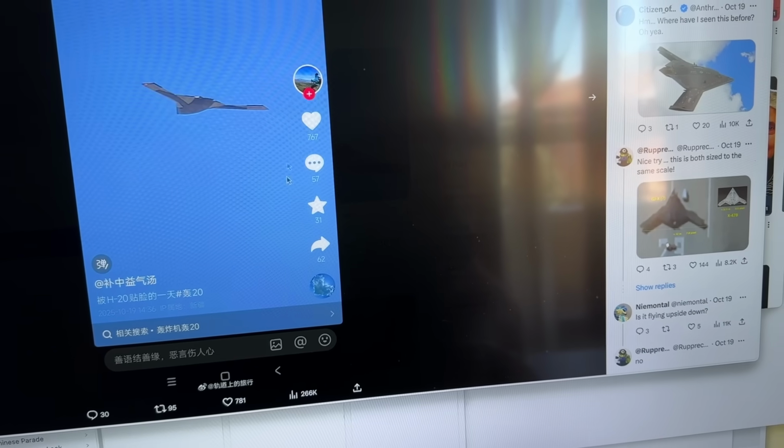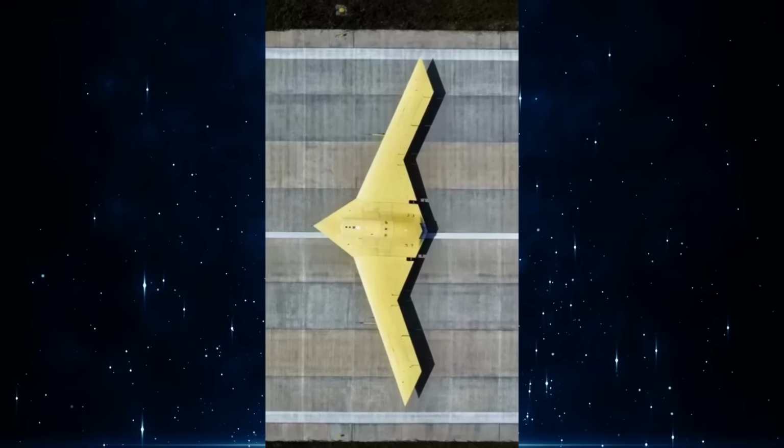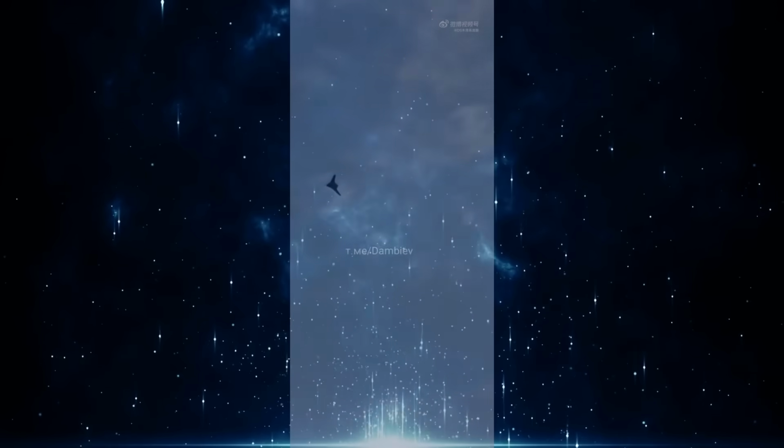Come on, not again. And the Chinese did it again. We recently saw the images of a new flying wing large drone flying over China. And this is probably just one of the many that the Chinese are either introducing in service or experimenting with, or whatever. So I think it is legitimate the question, what are the Chinese doing with these aircraft and why